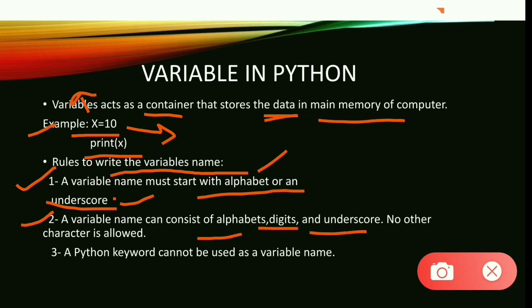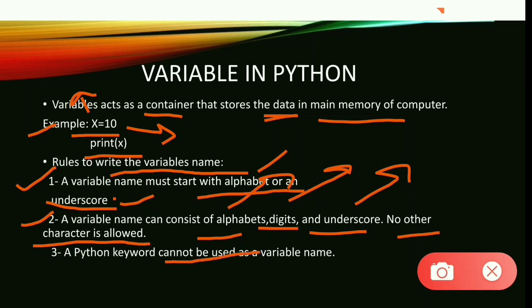No other characters are allowed here. Next, a Python keyword cannot be used as a variable name. Means those Python keywords which are in the Python library you cannot use as a variable here.